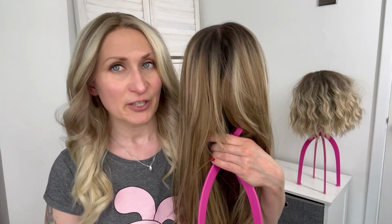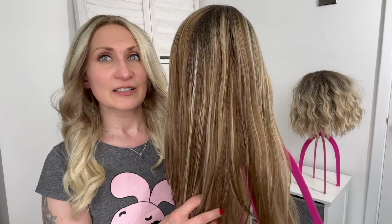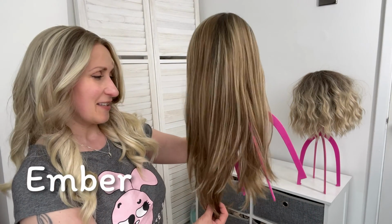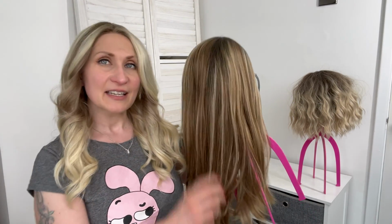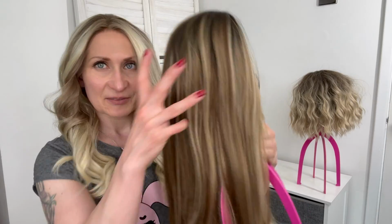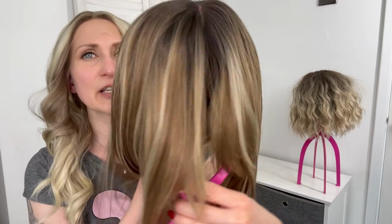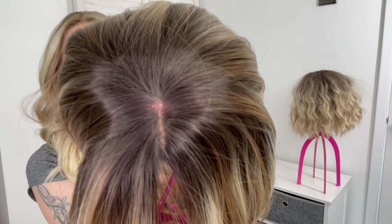Now, last but not least is my first wig by UniWigs. This is called Ember, and she's definitely the longest piece. Ember here comes in a very beautiful color, quite similar to John Frieda's Salted Caramel. This is light brown with golden blonde highlights. There's also some lowlights, and we are getting a root. The root is quite dark,